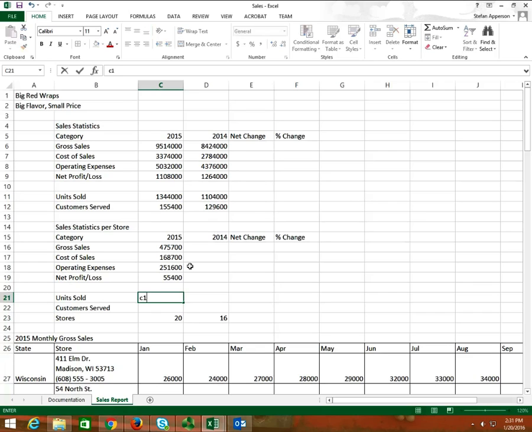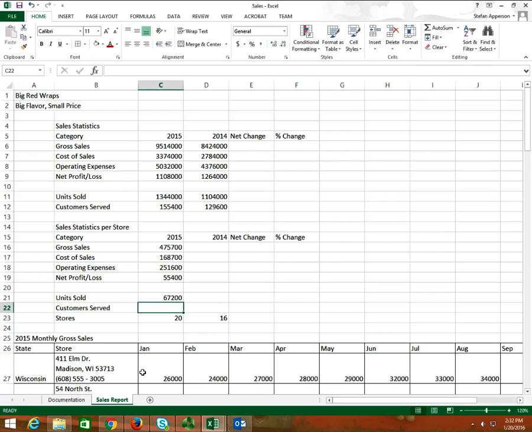We're going to type C11 divided by C23. Whoops. You see what happened to me? I didn't type the equal sign. I was sitting here chewing gum, talking to you, tapping my foot, and typing all at the same time, and I didn't get the formula right. It can happen. But I can also just as easily go back and correct that. Now it gives me 67,200 units, so that indicates that a typical store sold 67,200